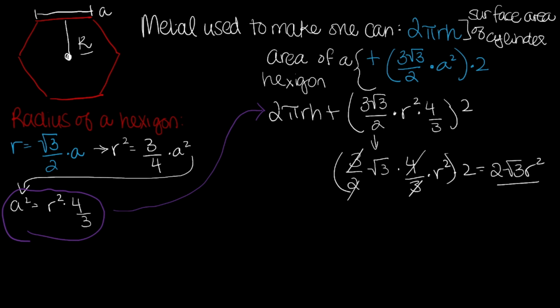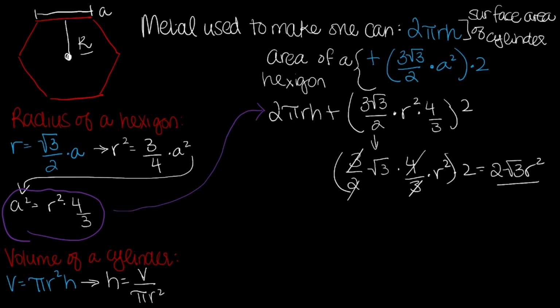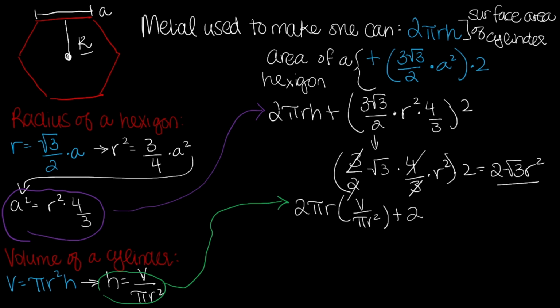times r squared. Just like how we did in question number 1, we need to use the equation to find the volume of the cylinder, which is v equals pi times r squared times h, and transform that into a function of h. It then becomes h equals v over pi times r squared. We can then plug this formula for h into our larger function, turning it into 2 times pi r times v over pi times r squared plus 2 times 2 square root of 3 times r squared. We can cancel out the pi and r, turning the equation into 2v over r plus 4 square root of